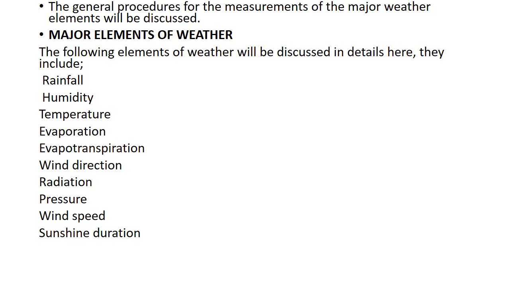Measurement of elements of weather. Elements of weather are observed and measured by weather instruments, which are kept within the confines of weather stations. Weather instruments may be manual or self-recording. When they are self-recording,